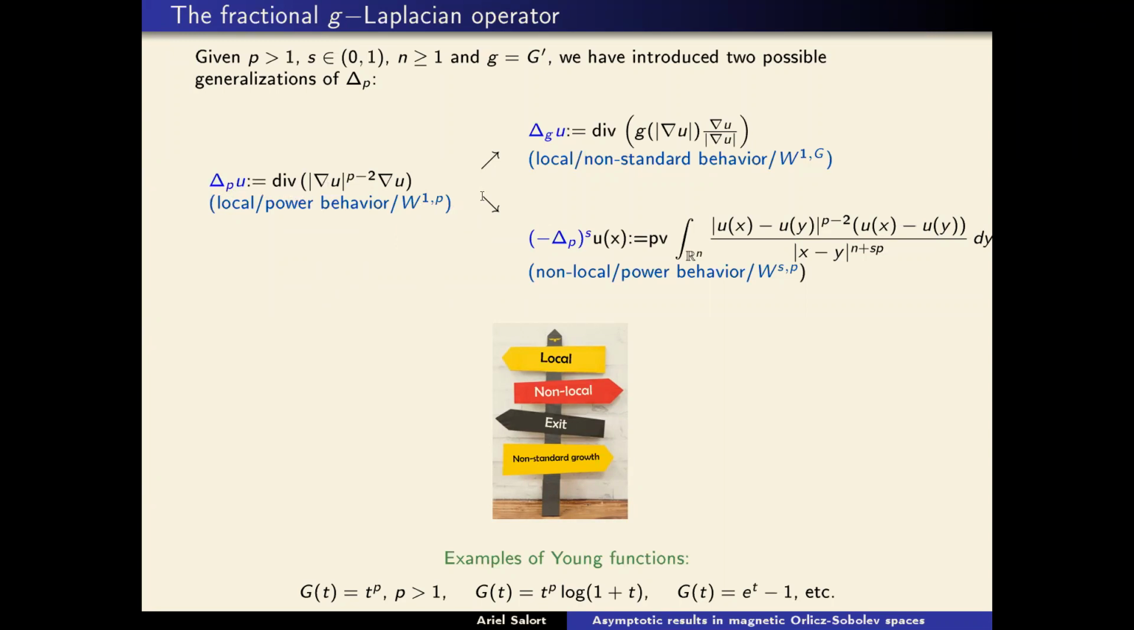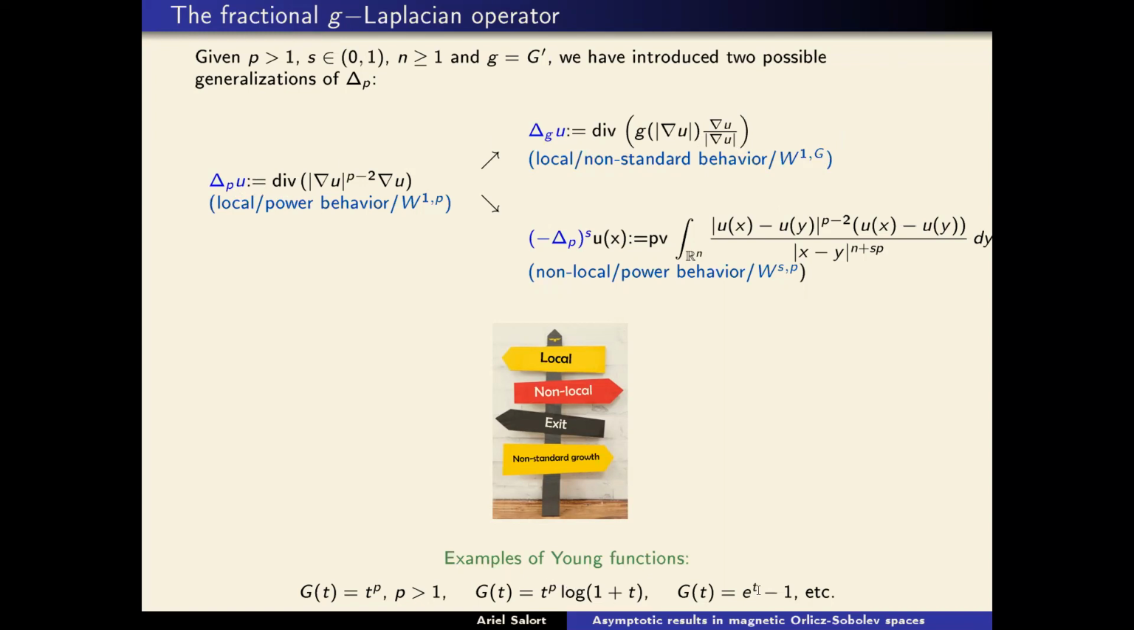So at this point, you have two possible generalizations of the p-Laplacian. If you keep the locality of the operator, but you replace the power behavior of the gradient with something more general, you obtain this operator, which is the g-Laplacian. The function small g is the derivative of the function capital G. Capital G is a Young function, which basically is a function which at 0 is equal to 0, is increasing and convex. Of course, you have powers and you recover the p-Laplacian, but you can admit, for instance, powers